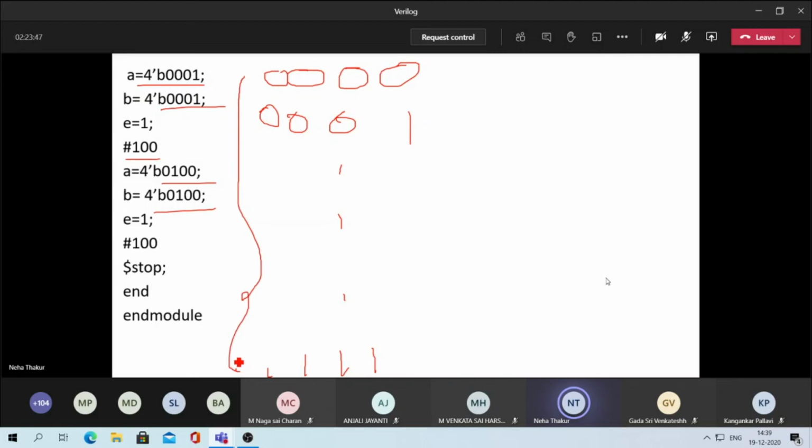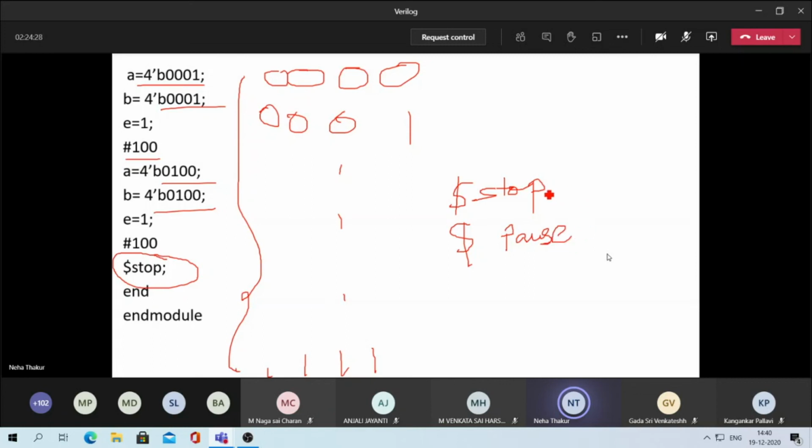If time does not allow us to write 16 combinations, then you can write 4 or 5 or maximum 6. That will be sufficient. Take 4 different combinations and then you can get the result. Here at the end some new thing has come, $stop. This $ sign is preceded by some word like stop, and it has pause also.